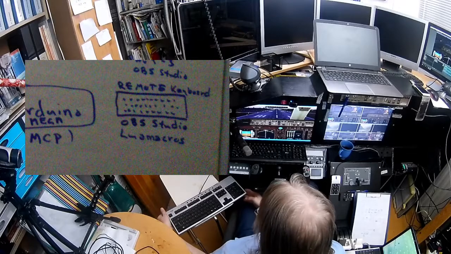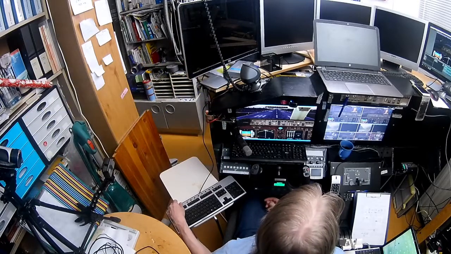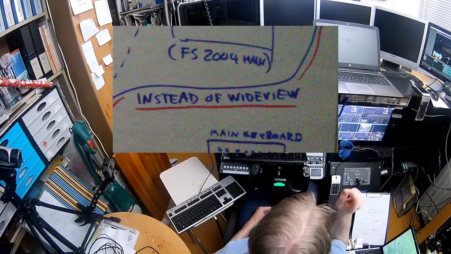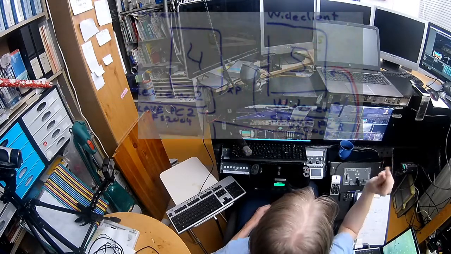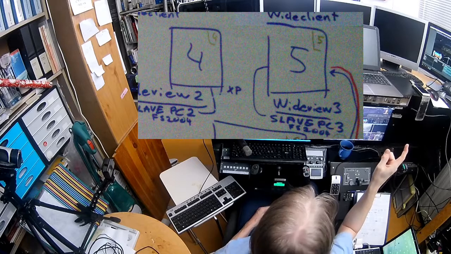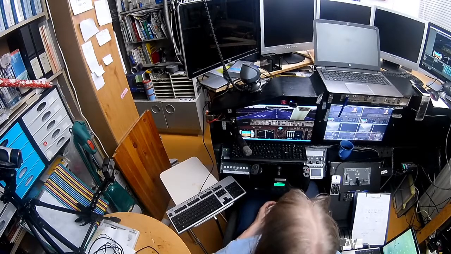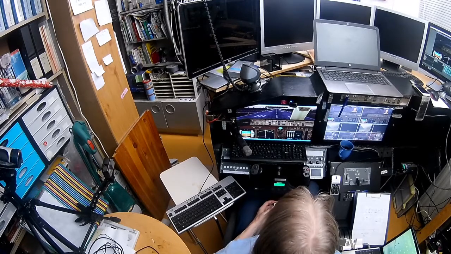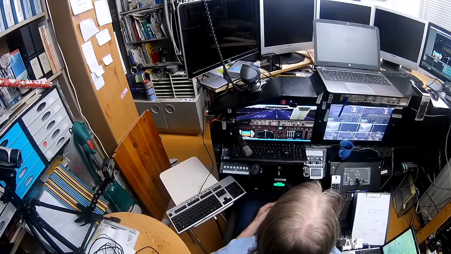This keyboard here is the remote control keyboard for OBS Studio, which is actually running on screen 5, and that screen 5 should be used for this outside view. The PC which is running OBS Studio is not the PC which is running this flight simulator. When I have 5 screens, that's a problem to solve, and I don't actually know, because